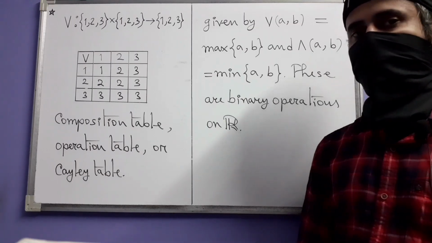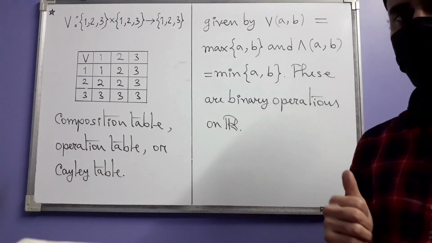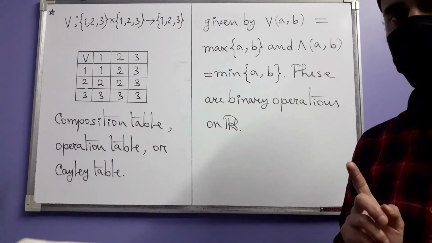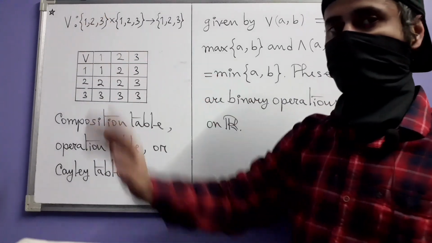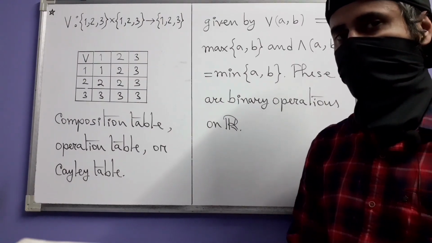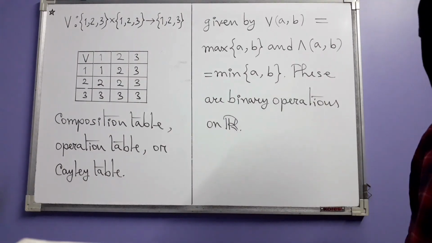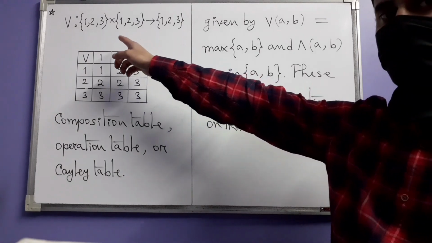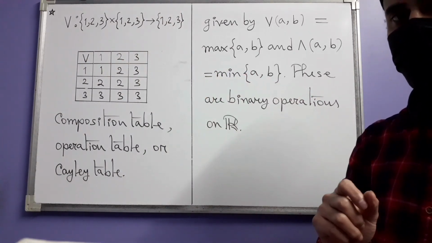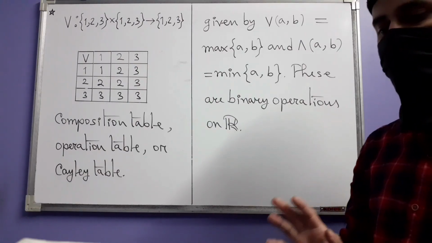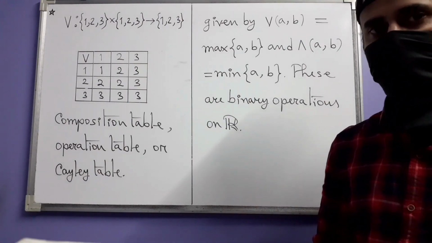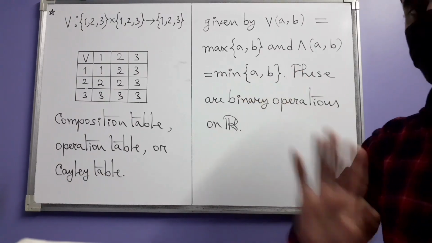It's not necessary to consider the V function, or the maximum function, whatever you want to call it, on the entire set of real numbers, but say on this three element set consisting of 1, 2 and 3. It is still a binary operation on that set. And when the set involved is a fairly small one like this, say 100 or thousands of elements as opposed to an infinite set like R,